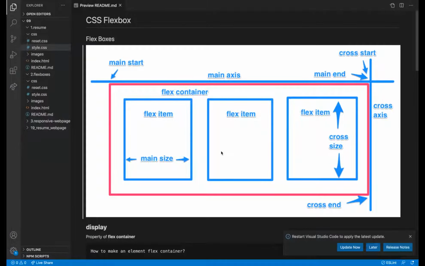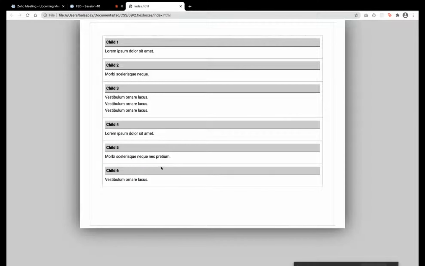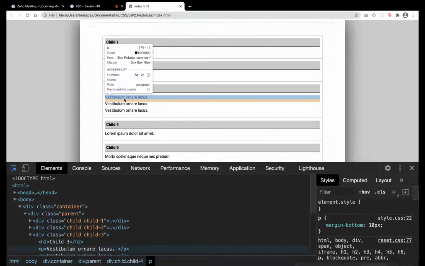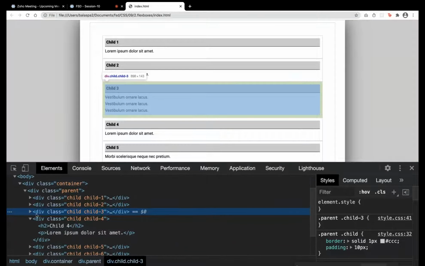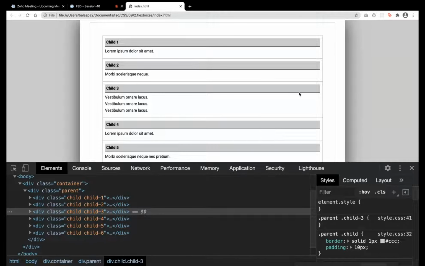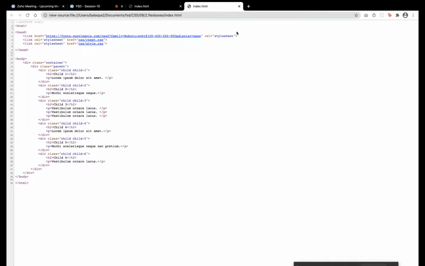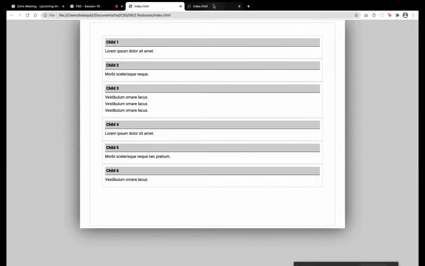See this image, there are some technical terms in Flexbox. First we need to understand those concepts. This whole division: first we will see the structure, how we made this. Nothing new, we made it with things you already know. You can right click and view page source, and you can see this structure here. We can see the index.html file here also by giving view page source.